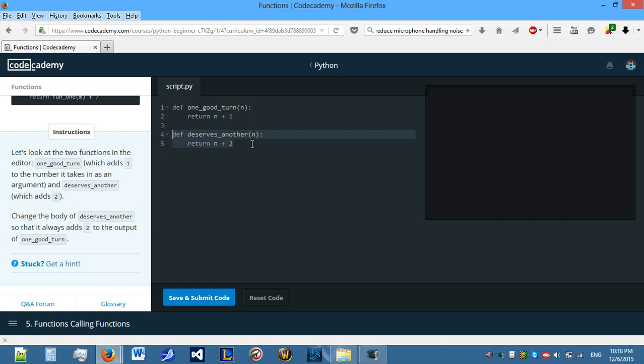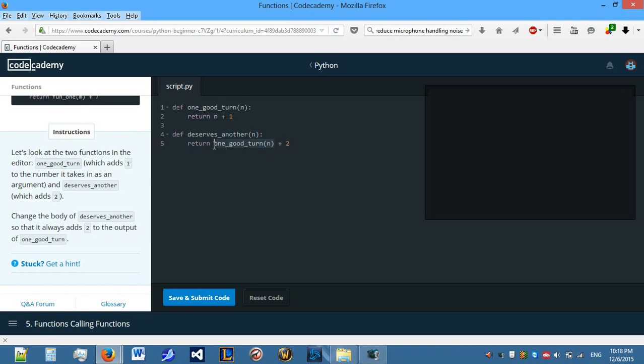Deserves another takes in an argument and adds 2, as we can see, return n plus 2. Change the body of deserves another so that it always adds 2 to the output of one good turn. So what we can do here is